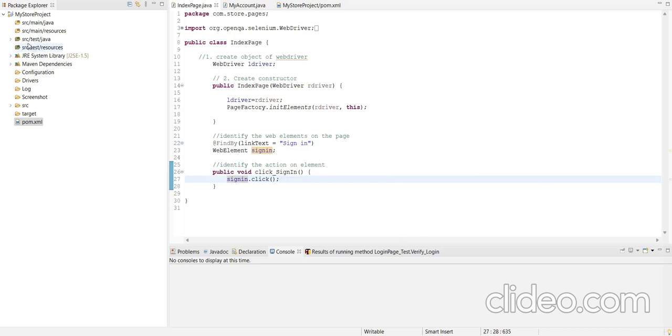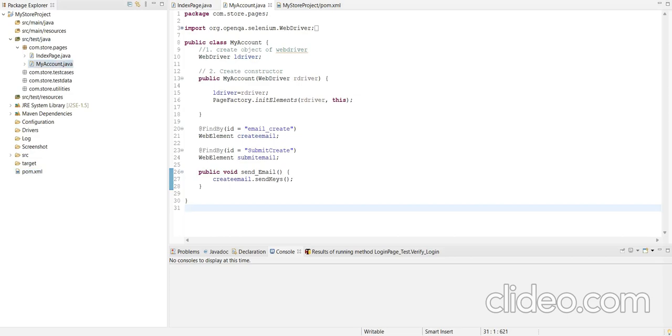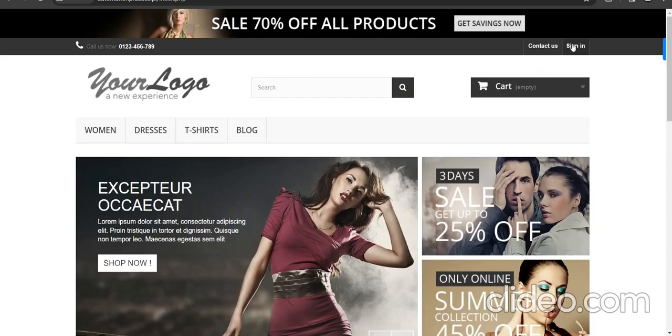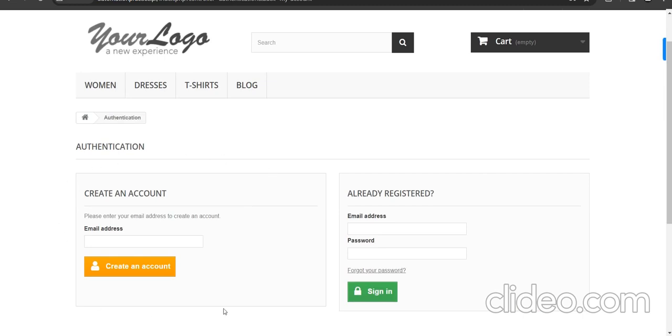Then we create another page, that is the my account page. After navigating to this my account page, we get two sections, create an account and already registered. For create an account, we have to enter our email address.